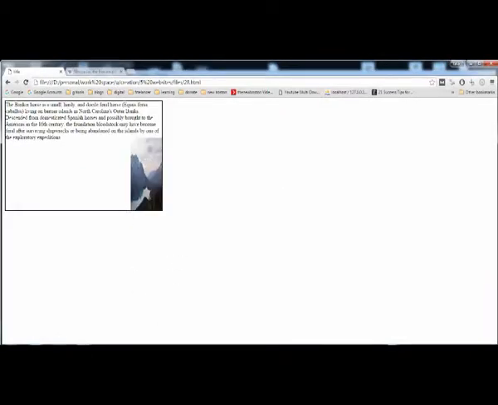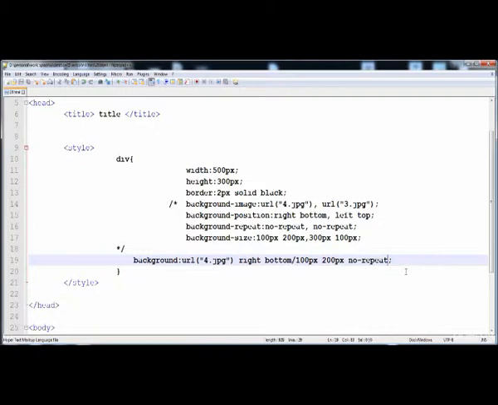This is the first image, and now what we need to do, we have to write a comma and then all the properties of the second image. Here I'm going to copy the URL of the second image. Here is the URL of the second image, and here is the position